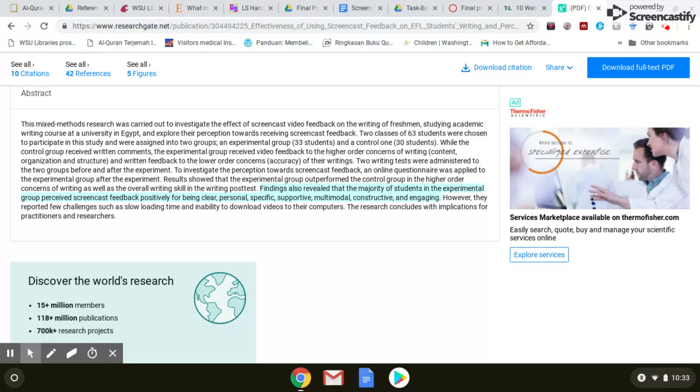himself or herself. Of course, there are challenges and limitations. For example, slow loading time, the inability to download some of the videos, and so on, because you have a limited internet connection. So I think, of course, these are the things that you have to consider when you use screencast technology. But overall, in my opinion, and of course, this is also supported by all this research about